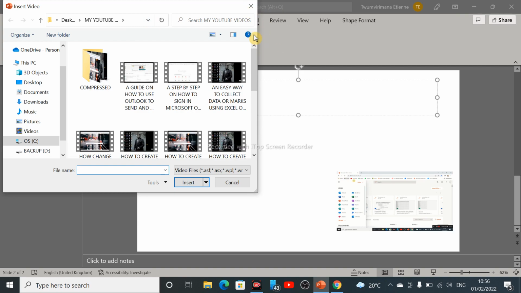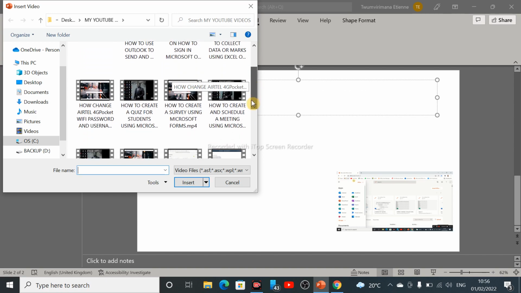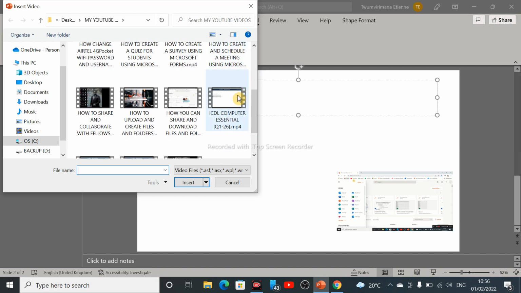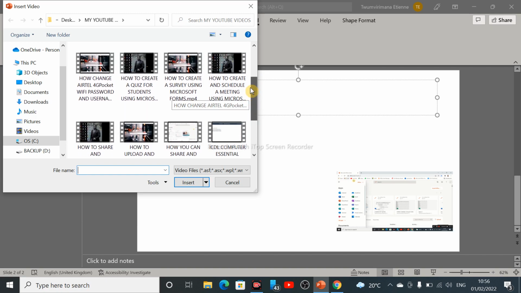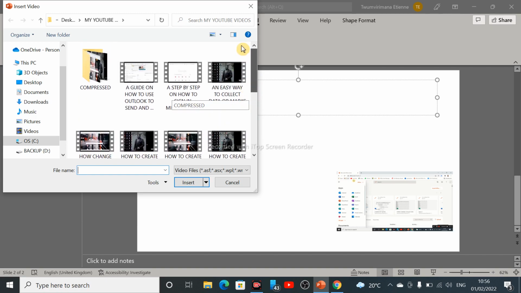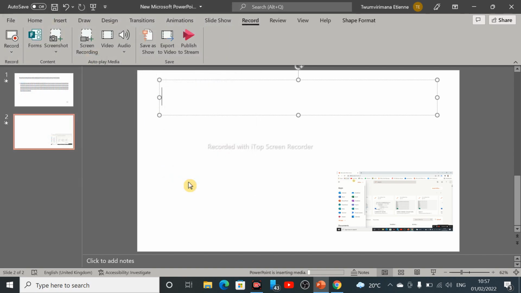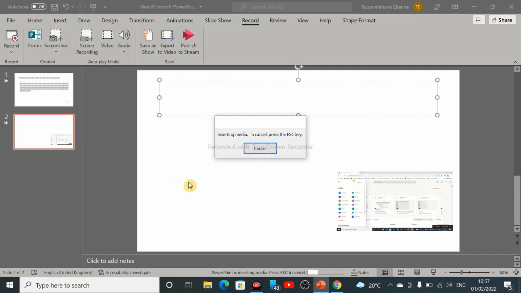Remember that we are still in recording, and you can insert any video depending on what you want. You click on the video that you want to insert, you click on insert, and once the video comes in